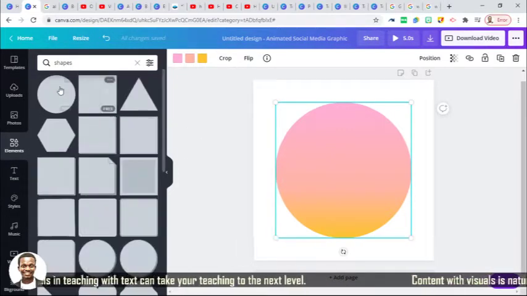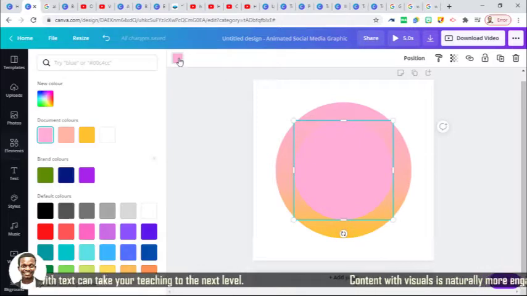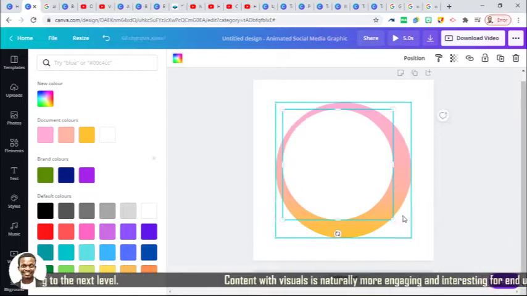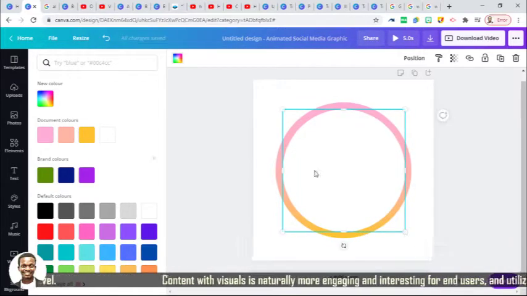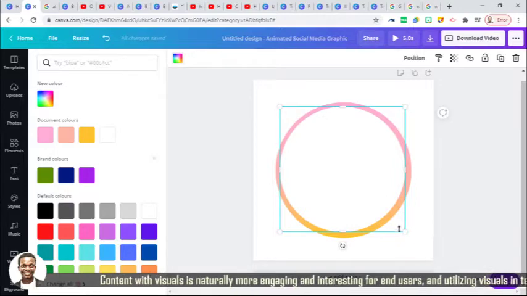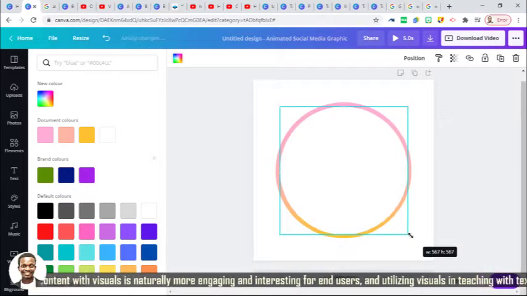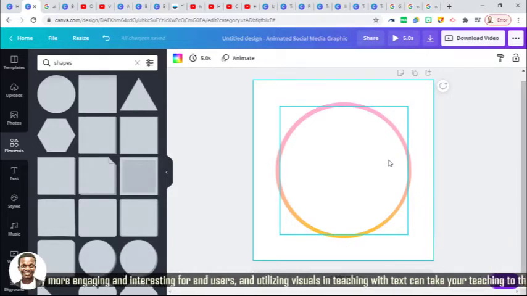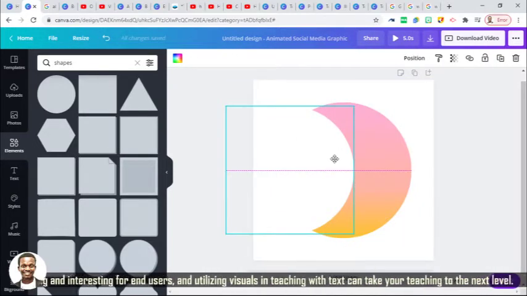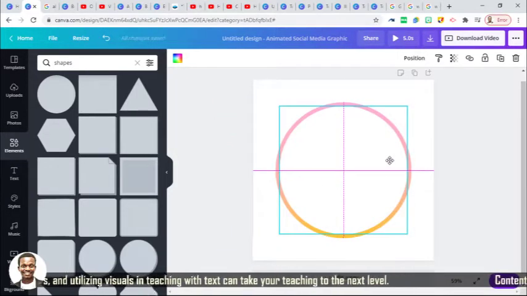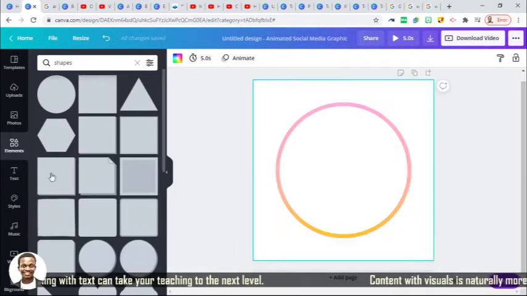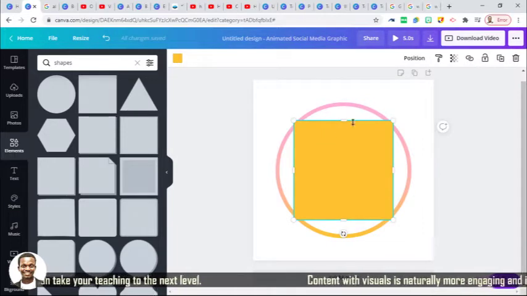There are some things that we can't do on Canva that we can only do on Photoshop, on CorelDRAW, and other tools. But if you are used to Canva very well, you can actually unlock some of those things. Like now, something like this, you can actually do it through Canva. I mean, outline circle, but by bringing a white circle again in between, I've actually overcome that problem. So this is the first step I'm doing. Then again, I need another shape,